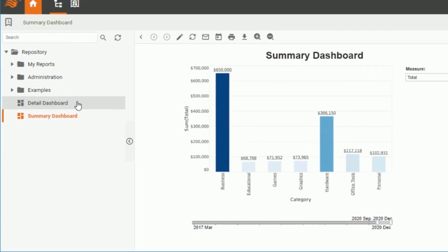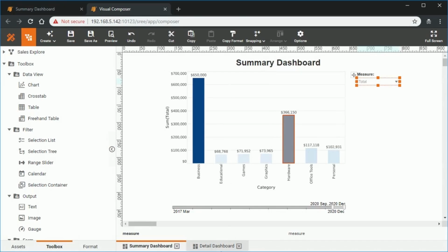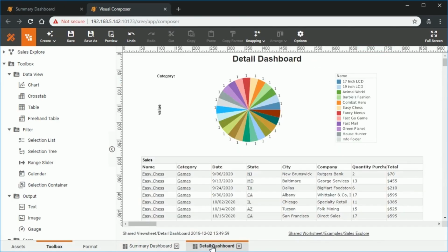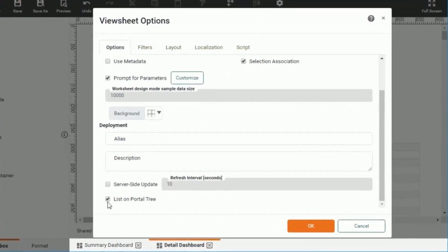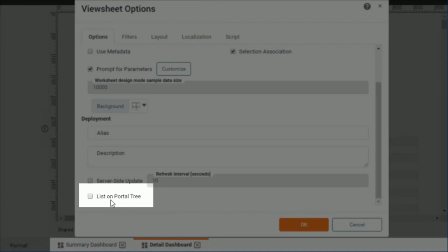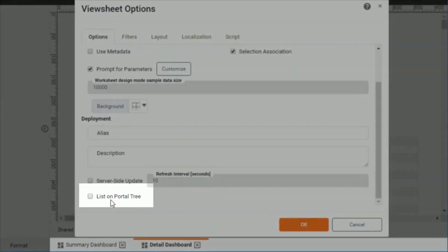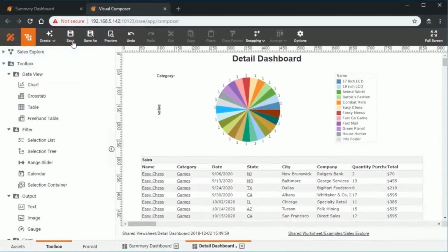To hide a dashboard in the repository, return to the dashboard design view, in this case the design view of the detail dashboard, press the Options button in the toolbar, and disable the option called List on Portal Tree. This is the option that controls whether a dashboard is visible in the repository listing or not. Press OK, save the dashboard,